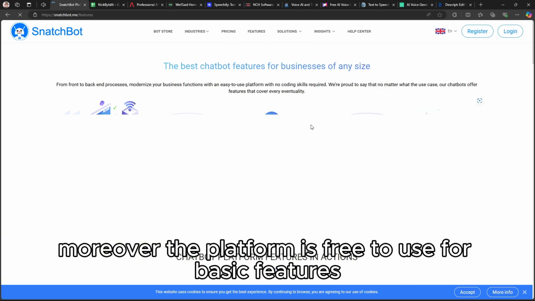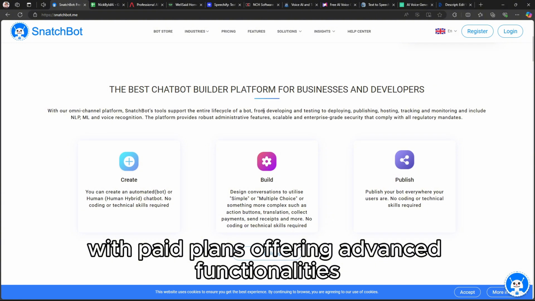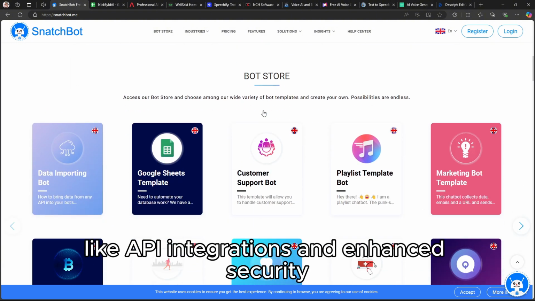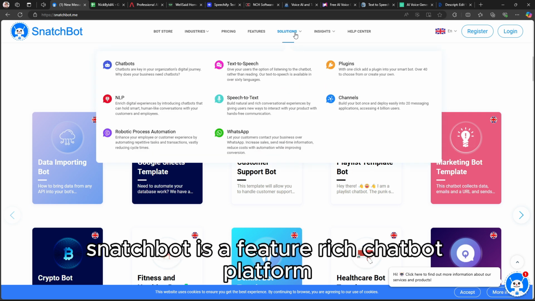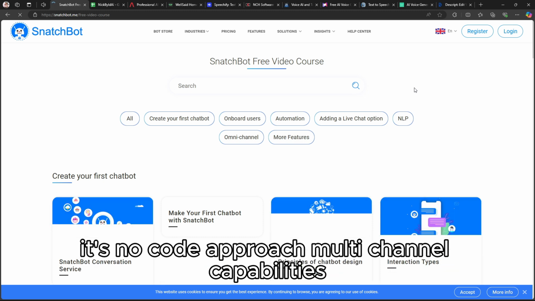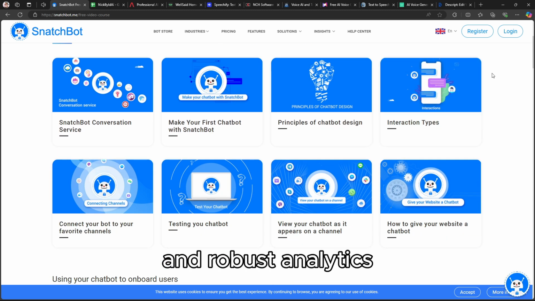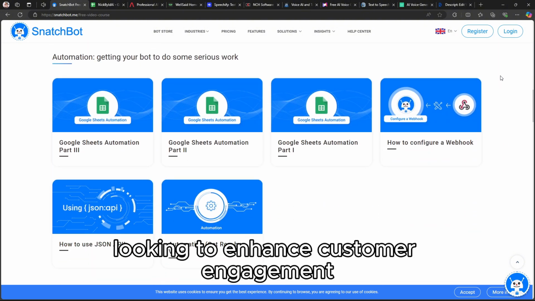Moreover, the platform is free to use for basic features, with paid plans offering advanced functionalities like API integrations and enhanced security. In summary, SnatchBot is a feature-rich chatbot platform that's accessible to both beginners and experienced developers. Its no-code approach, multi-channel capabilities, and robust analytics make it a versatile tool for businesses looking to enhance customer engagement